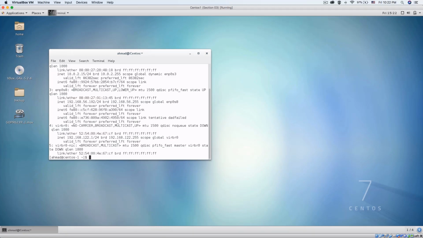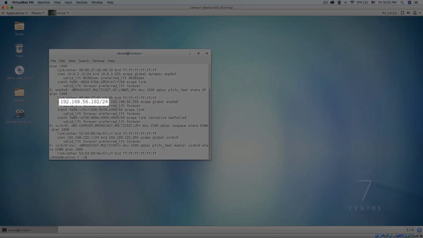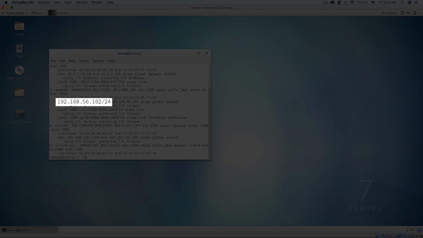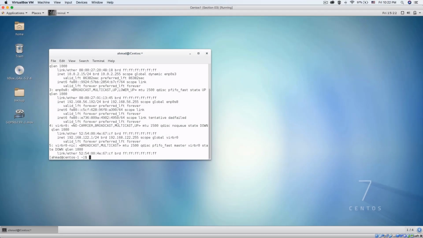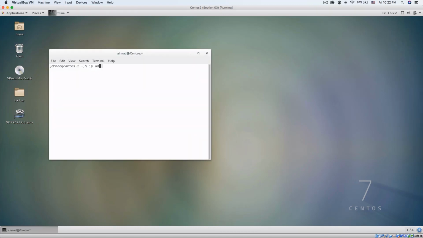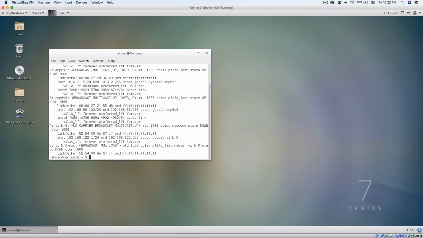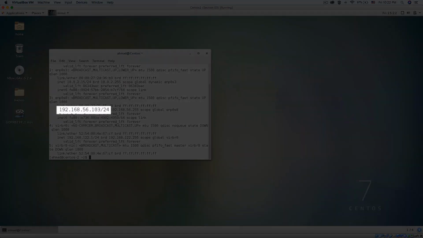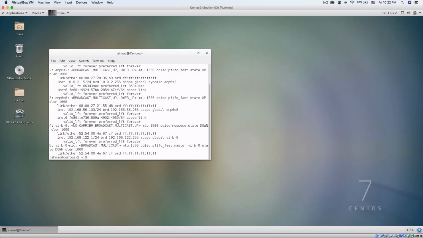Okay, this machine is going to have the IP address of 192.168.56.102 that is showing here. While a second machine, let's open a terminal here again. It's going to have the IP address of 192.168.56.103. And if you want to know how to change the IP address of the CentOS machine, there are several